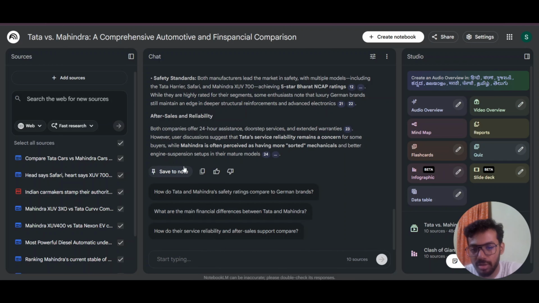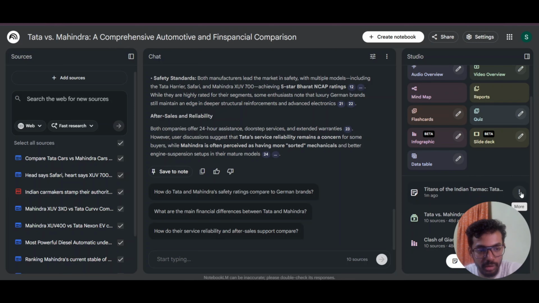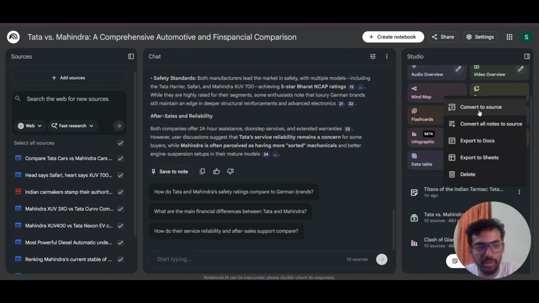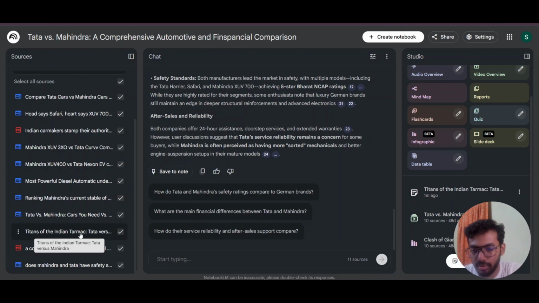After that, you have to click on save to note. You will see here it will generate another note. After that, you have to click convert to source. You can see here a source has been added, and after that you have to